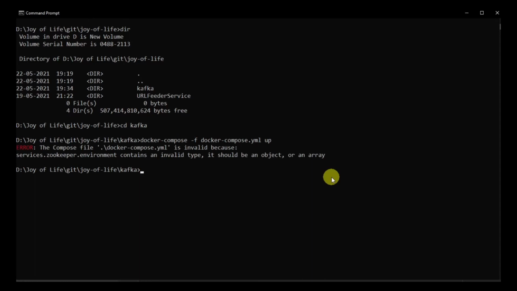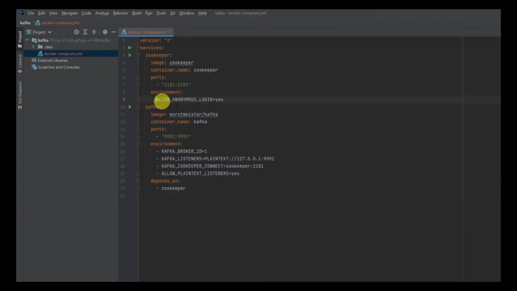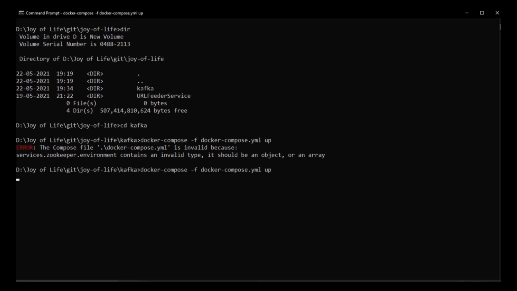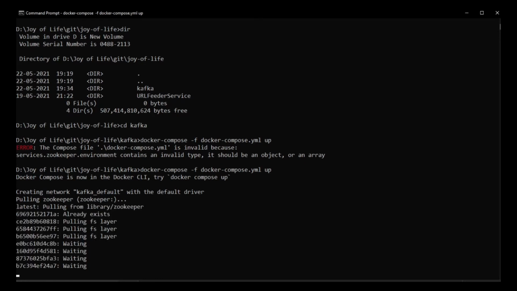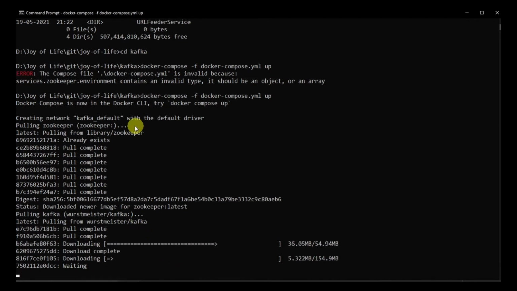So we have some errors. Let's go ahead and fix it. Okay, I have missed the hyphen over here. Let's try it again. So you can see that the images are being pulled. Zookeeper and Kafka both will be pulled. Now Kafka is getting pulled, Zookeeper is already done, and then both will start up, and we'll go to